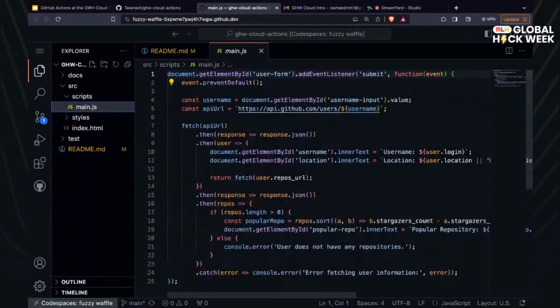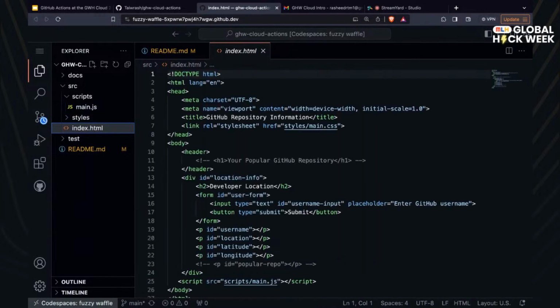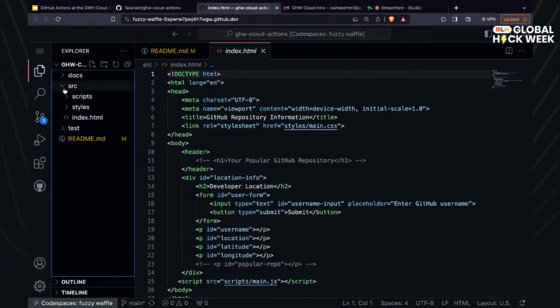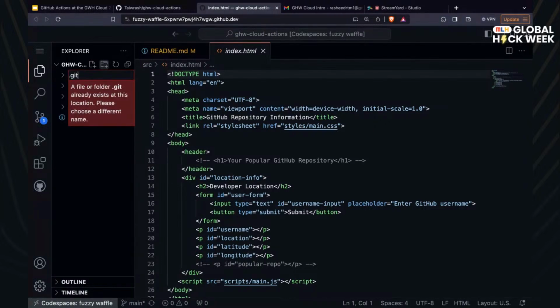Because this is not a JavaScript class and this is not an HTML class, what we need is, okay, somebody has written this, and we want to deploy it. This could be a project you are building for a hackathon, or a project that you want to release for many more people to use. So up next, for us to be able to use GitHub Actions, we'll create a folder called .github. That's what I want to do now. I want to create a folder .github. That's the first step.